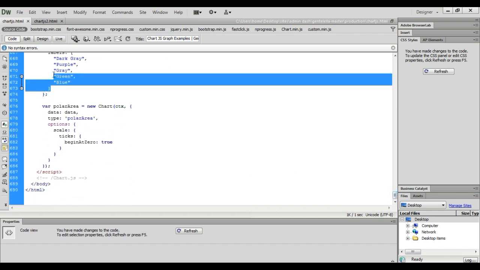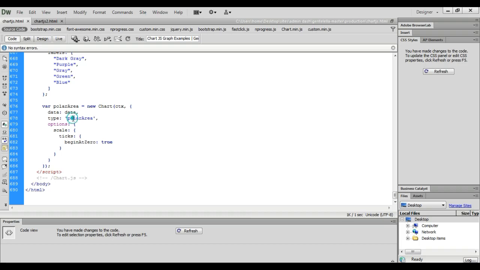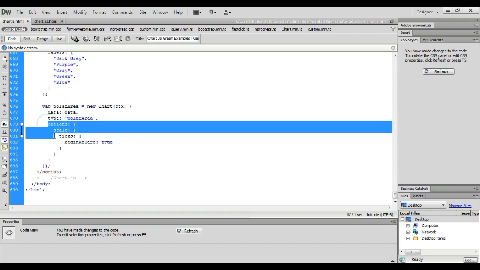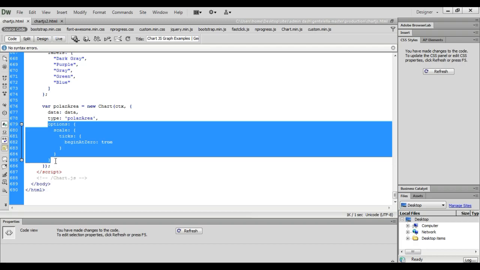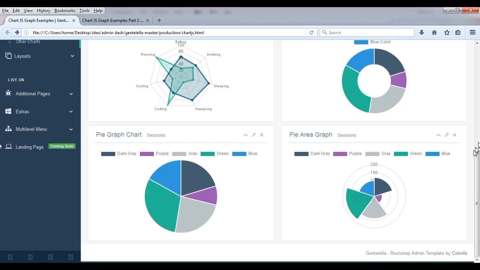So maybe you can just look at what is being rendered on our screen. So this is the polar area chart, and we can see the ticks actually beginning at this point here, then moving to 50, then to 100, then to 150 and 200. And we have different sizes for the bars for our charts, showing different items. So maybe if we didn't put this to begin at 0, then it will begin at 50,